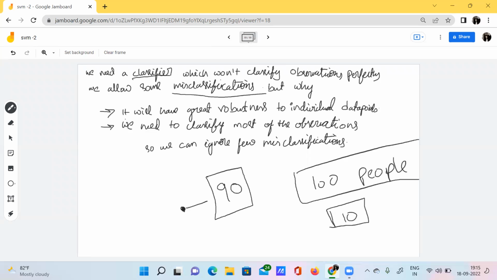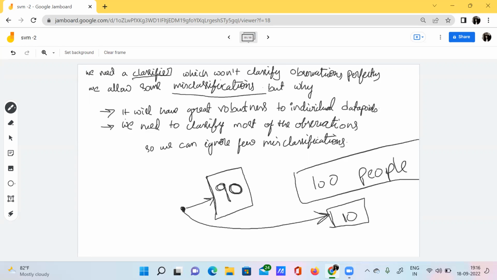The distance to this building is very short, but if we want to reach that particular building, we need to travel so far. So what do we do? For the sake of just these 10 people, will you sacrifice these 90 people's lives? No, right? Because here we can reach this building very quickly, and here we have the maximum number of lives.